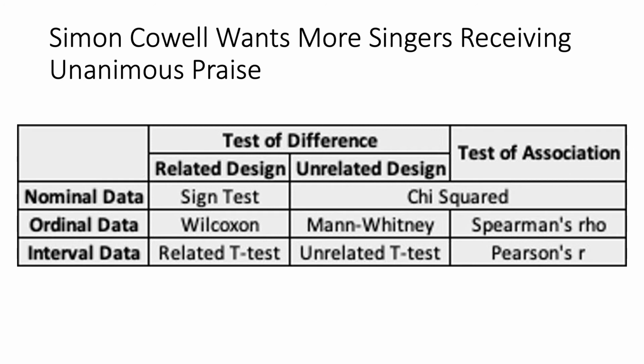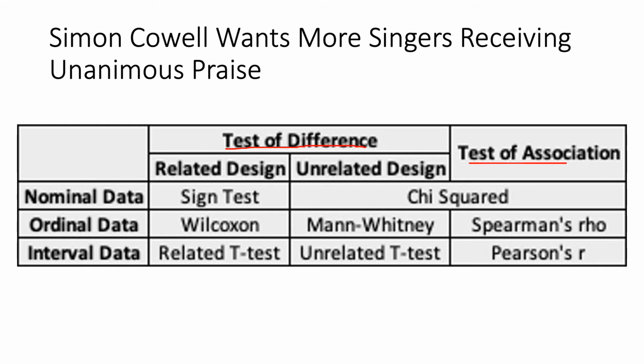This is an easier way to remember which statistical test to use, and you will have to memorise this. So this is the mnemonic that I use. Simon Cowell wants more singers receiving unanimous praise. You might think of a better mnemonic that works for you. But what's important to detect here is we need to know whether it's a test of difference or a test